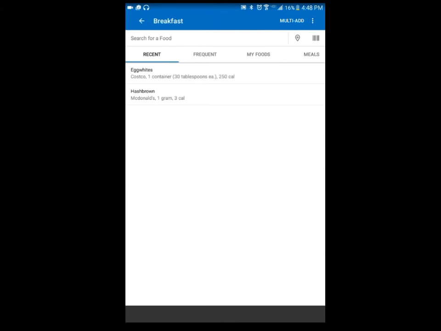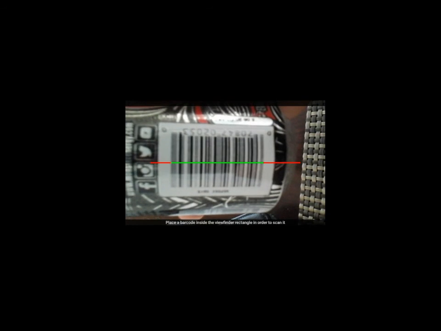Another option you have when you're searching for your food, see how it shows egg whites now, is that you can hit the barcode, and if you click the barcode, it'll let you scan different things, and things will pop up. The barcode scanner, just to show you really quick, I have a Monster can right here. If I log it,